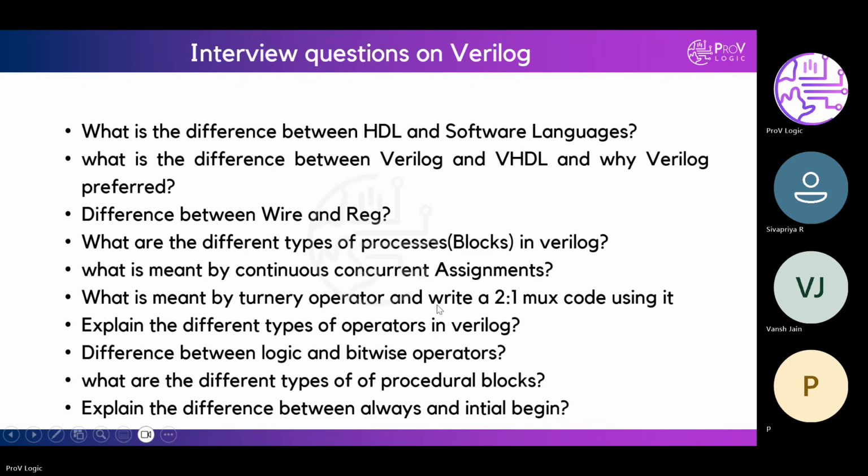A logical operator checks whether both operands are non-zero. Suppose two 4-bit numbers A and B are there. If we use a logical operator, it just checks if A and B are both non-zero, and if both are non-zero, it gives one. A bitwise operator does the operation on each bit.